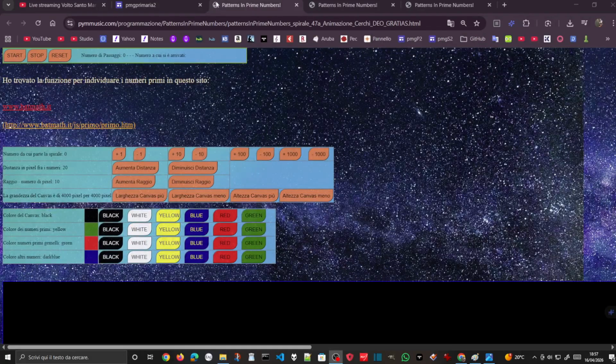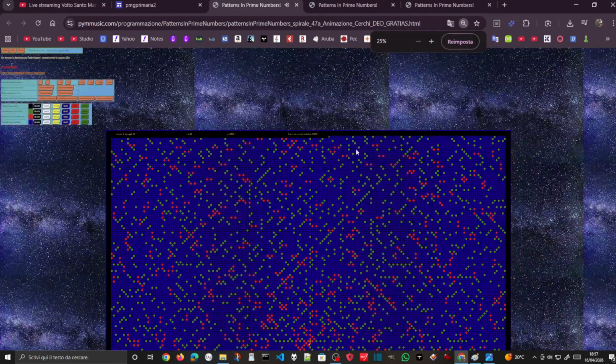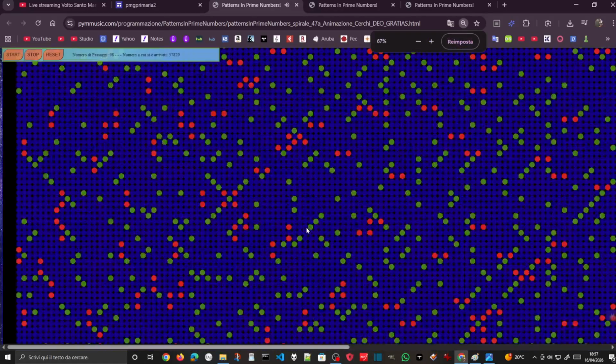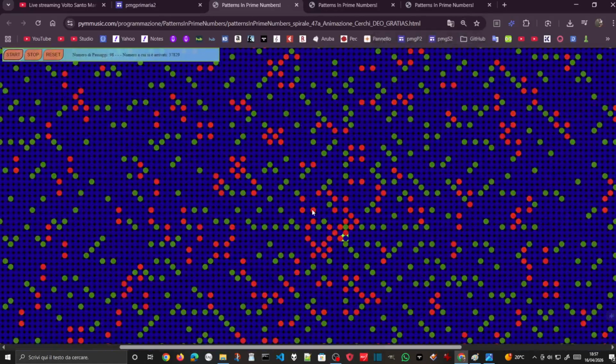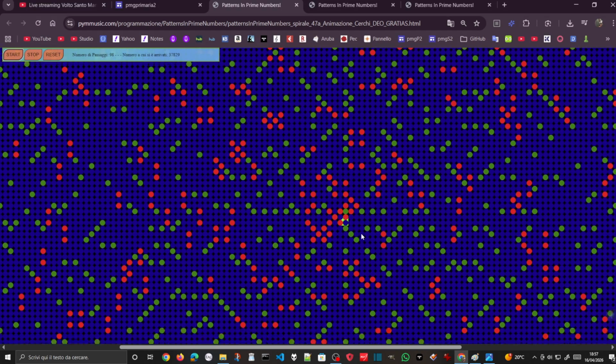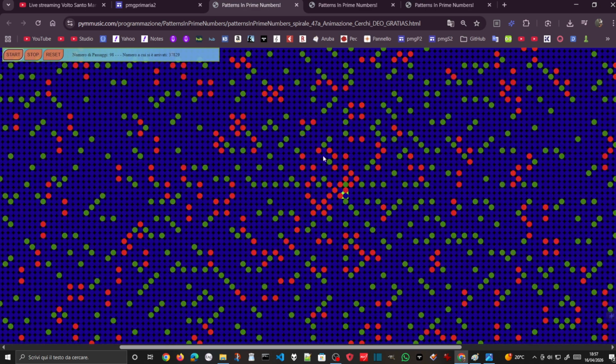If I choose this version of my program, which draws some dots on the screen, you can see blue numbers which are normal numbers, red dots which are twin prime numbers, green dots which are prime numbers, and there will be two rows